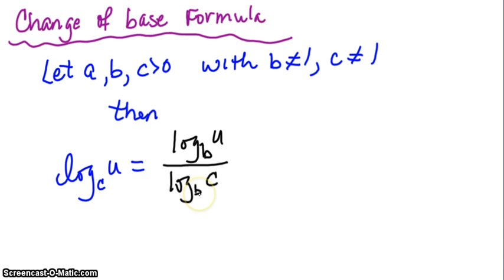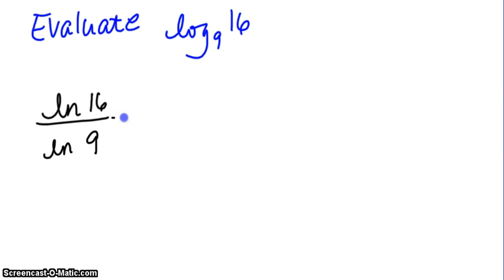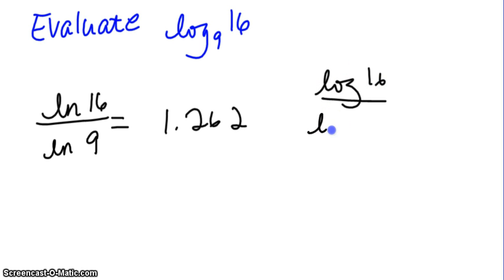Now we're going to use the calculator for this because our common log base is 10, and that's right on the calculator. That's the LOG button. And we also have the natural log, which is the LN. So if I'm going to evaluate this, I could do the natural log of 16 divided by the natural log of 9, which will give me 1.262, or I could do the common log of 16 over the common log of 9, which still gives me